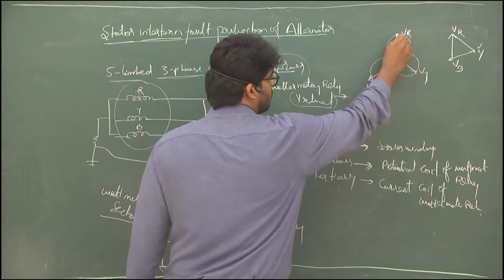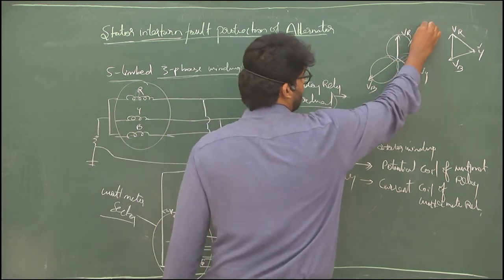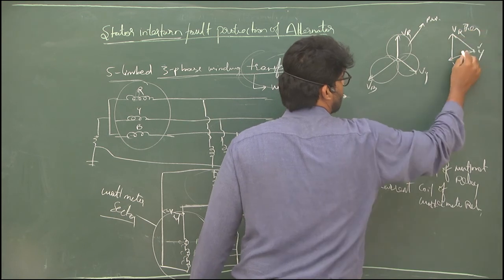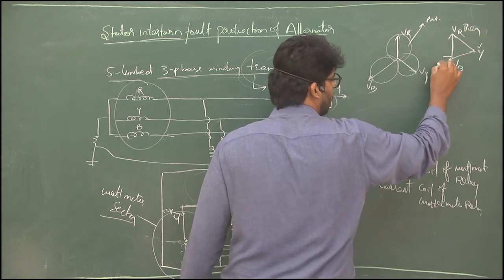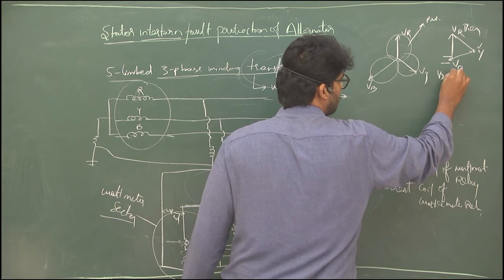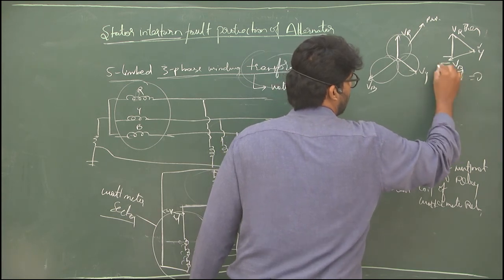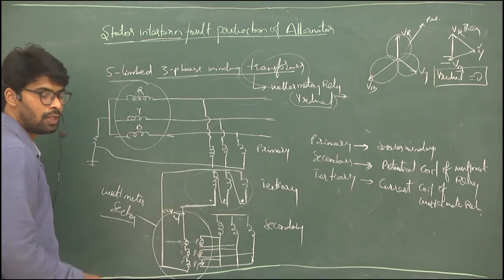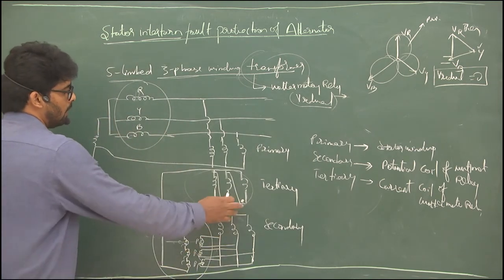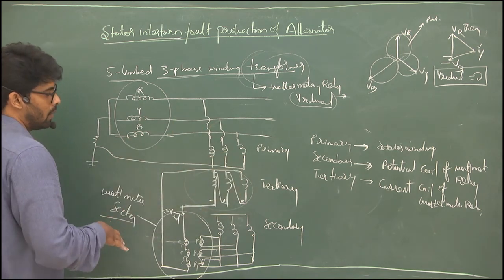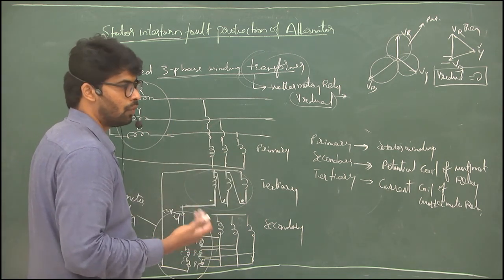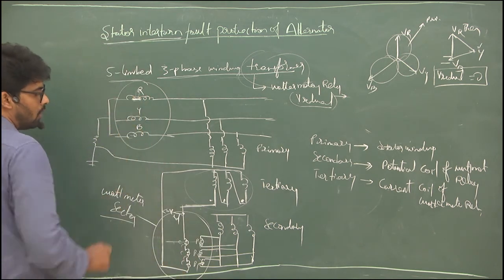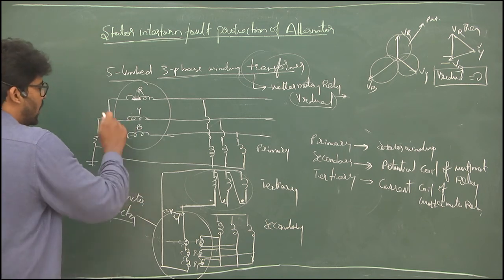If there is no voltage drop in any phase, this is the primary voltage and this is the tertiary voltage, so there is no possibility of residual voltage. So V residual equals 0. When V residual is 0, the wattmeter will not operate. If the wattmeter is not operated, it means the system is under normal condition. But in abnormal condition, where our main concern is, there is a fault in any of the stator core.